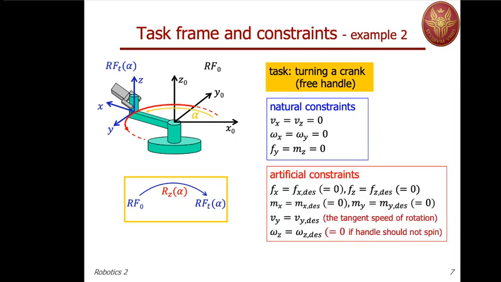Now, complementary to that, we will have the artificial constraints. Again, the first 4 are on completing the 4 motion quantities in the natural constraint. There are 4 quantities of force and torques in the artificial constraint that we can assign at will. But all these values, fx desired, fz desired, omega x desired, and omega y desired, will be set to 0,